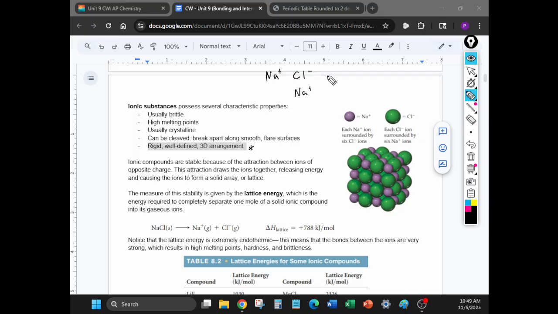Cl only wants to be next to Na. And the Na's want to be next to Cl, and you guys kind of see the picture, right? They want to only be next to the oppositely charged ion. So they make these nice three-dimensional structures like this. So that's the thing to keep in mind,